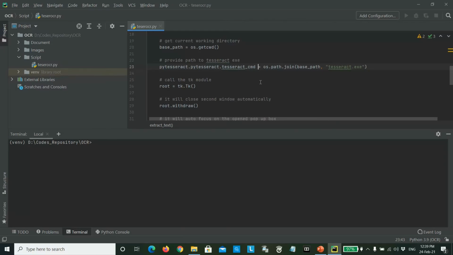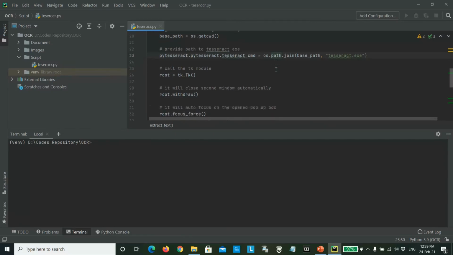What will happen is that when we create an executable of this script, that particular .exe application will try to look in that particular folder for the Tesseract OCR executable. So this is the path that we have provided, where it will go to look for the Tesseract OCR executable.